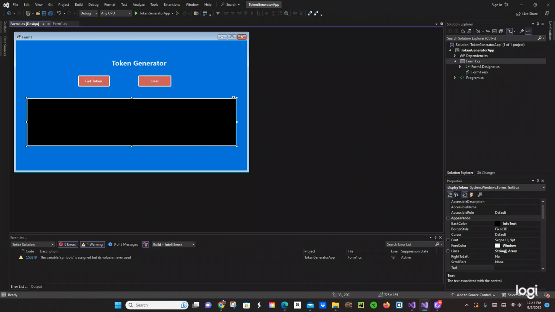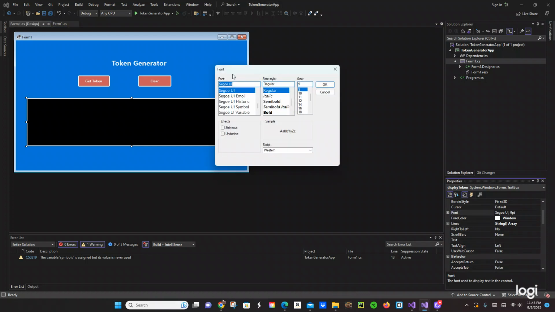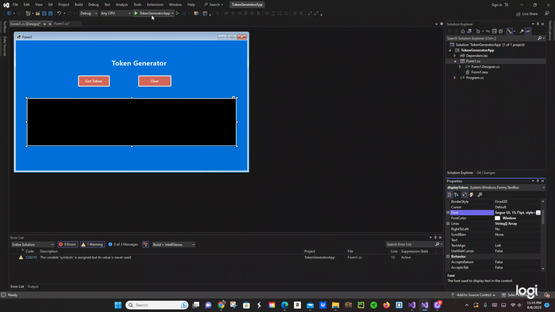let's go to text box, and then we go to text. That text? No. Font. Where are you? Font. I don't think we're going to spend a lot of time looking for font. Right here. So I want this to be thick, and I want this to be 18 or 16 maybe. Now it will run it,